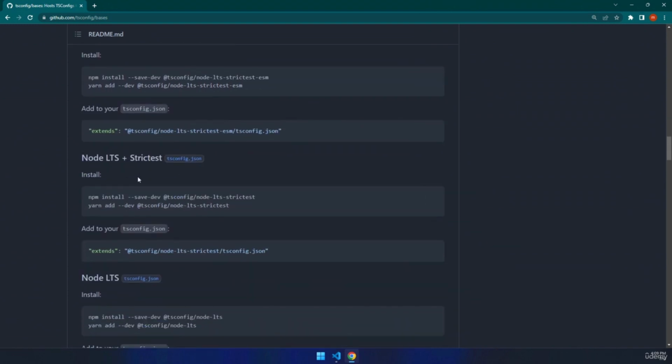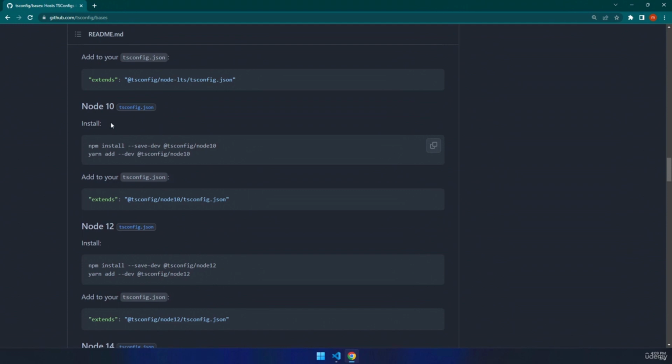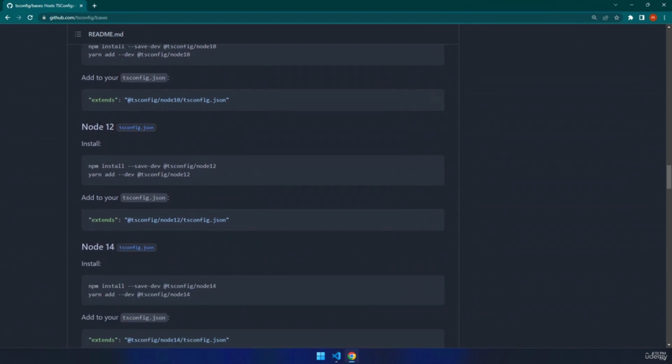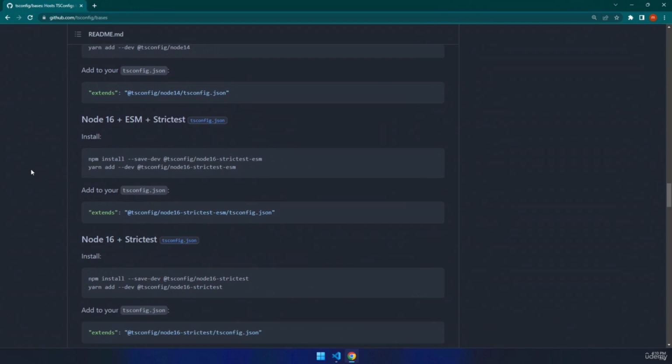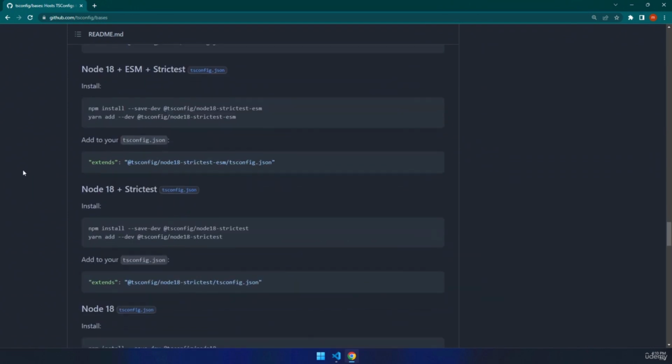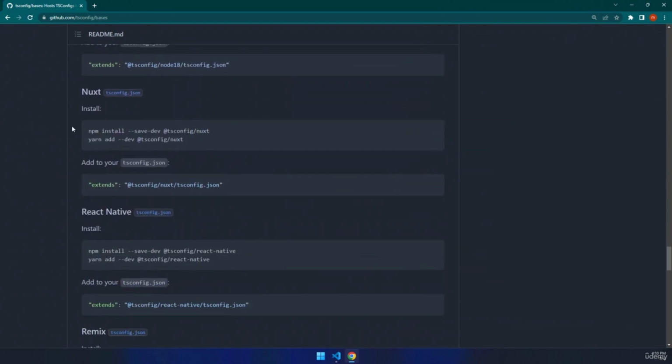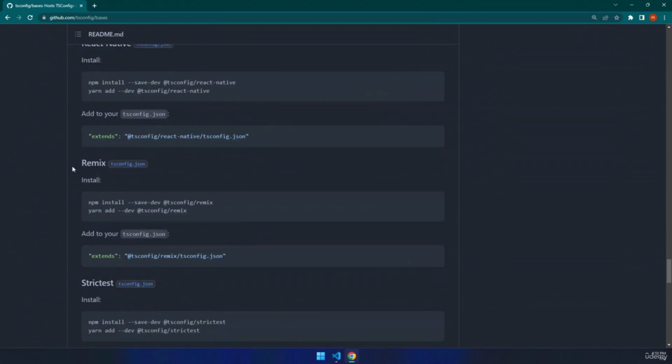And we have a lot of them, and you can even go ahead and modify, and based on specific Node versions for backward compatibility, you can use, for example, Node 10, Node 12, Node 14, Node 16. So there are a lot of options from which you can choose. We also have Nuxt, React Native, Remix, which is really, really interesting,